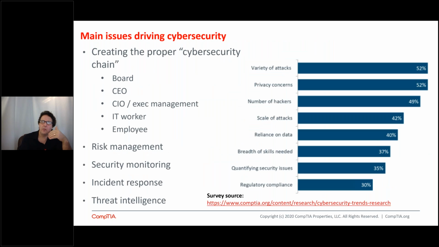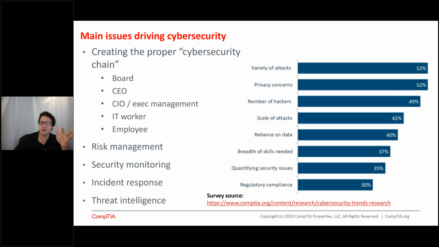So when it comes to driving cybersecurity, the people that we have surveyed, they're really worried about a couple of things. They're worried about the variety of attacks that are going on. And by variety of attacks, I think we've all heard about ransomware and what ransomware can do. It can lock down computers. It can do doxing. Doxing is always an interesting idea. Instead of a notice basically saying, "Hey James, just locked your stuff. Pay $1,000 in Bitcoin to get it unlocked," it's more, "Hey James, I got a hold of all your documents and I'm going to be publishing them publicly unless you pay me the $1,000 bucks." That's a bit different, isn't it?